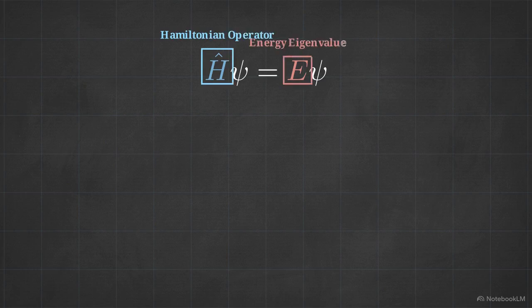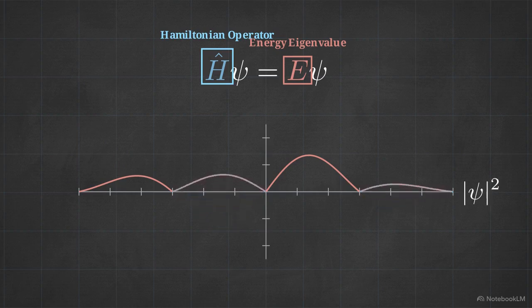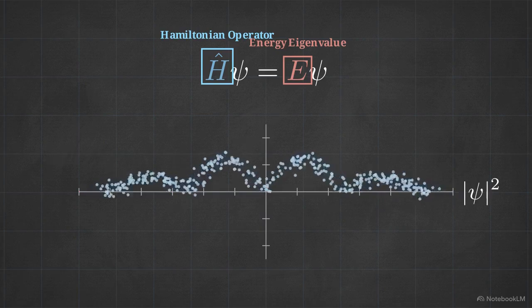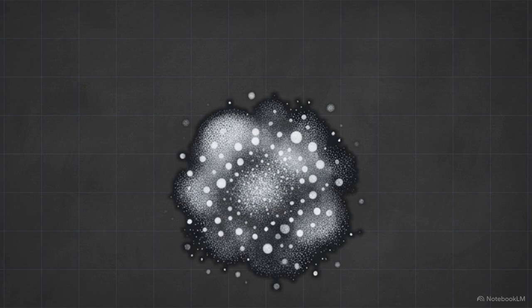Formally, an atomic orbital is a mathematical function, the one-electron wave function, designated as psi. This function represents a specific eigenstate, or stationary energy state, of a quantum system. This function contains complex data regarding phase and momentum. By calculating the absolute square of psi, we derive the probability density, which identifies the regions around the nucleus where an electron is most likely to be located.